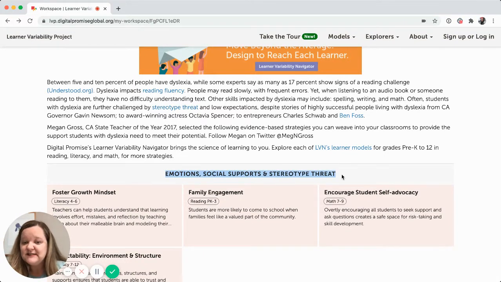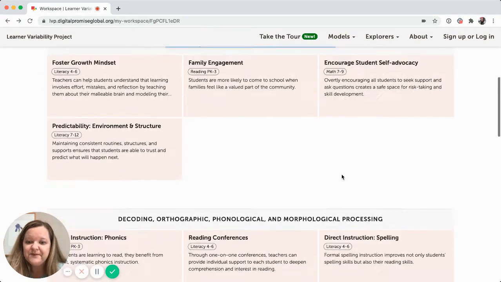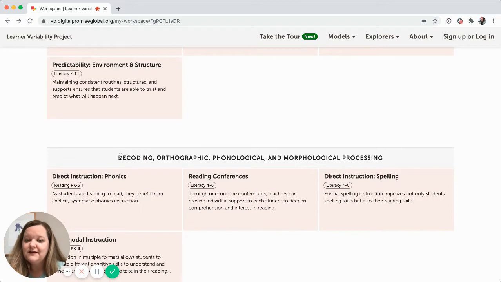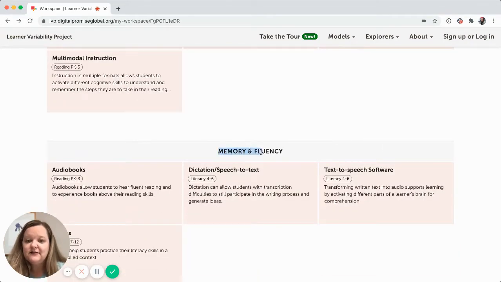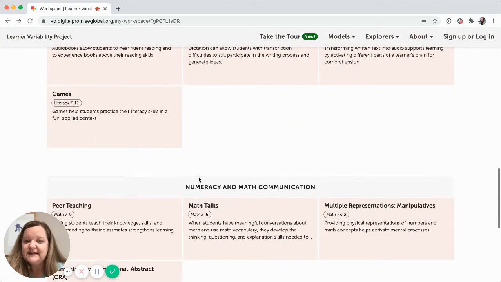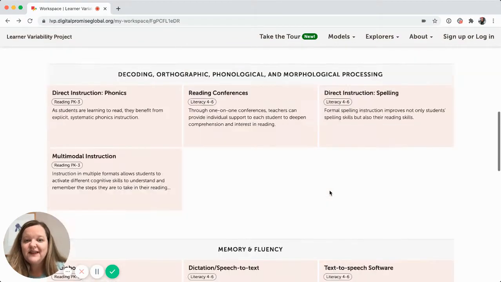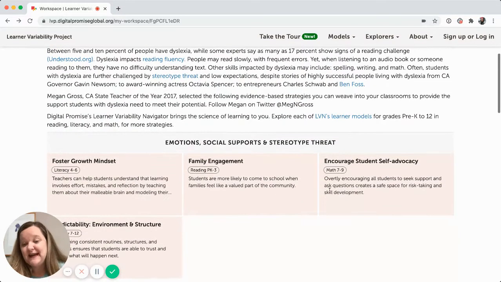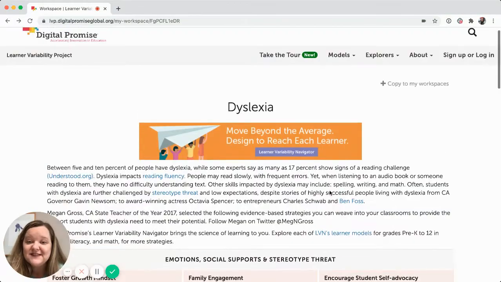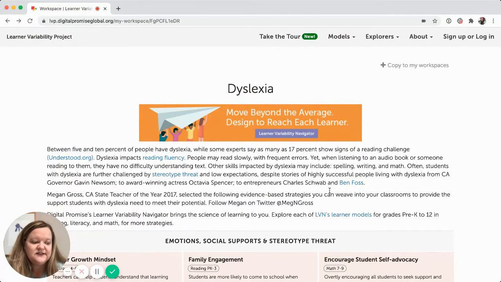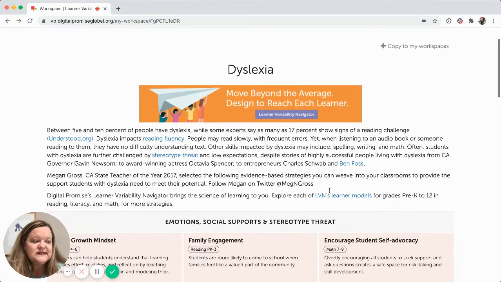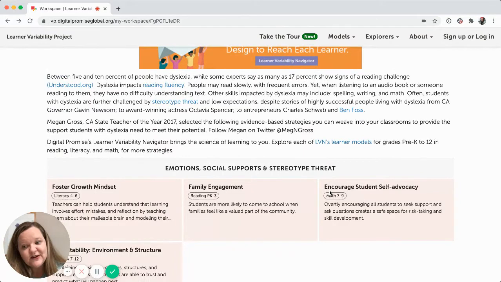Here we have emotions, social supports, and stereotype threat, decoding orthographic, phonological, and morphological processing, memory and fluency, numeracy, and math communication. I created this workspace with strategies I believe build a solid foundation for instructional support for both students and educators. You can tailor these strategies to meet the needs of your class and grade level throughout